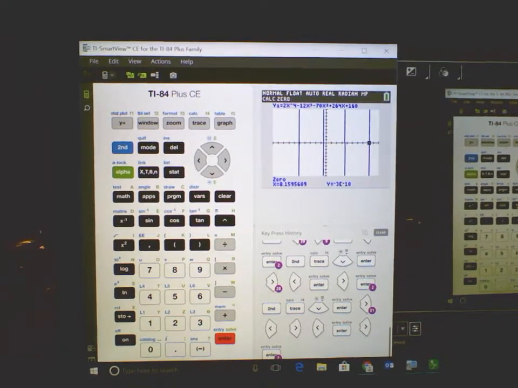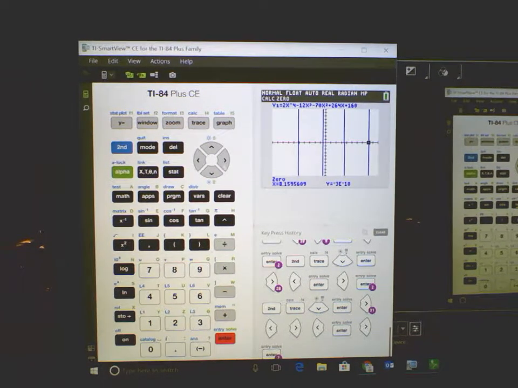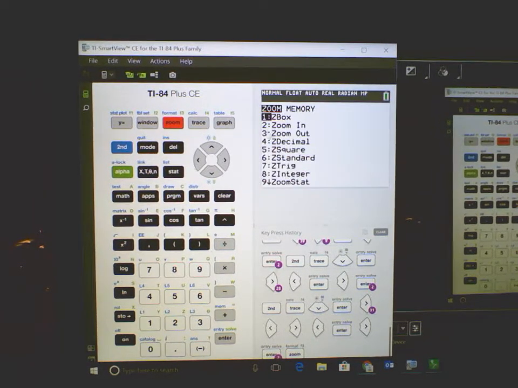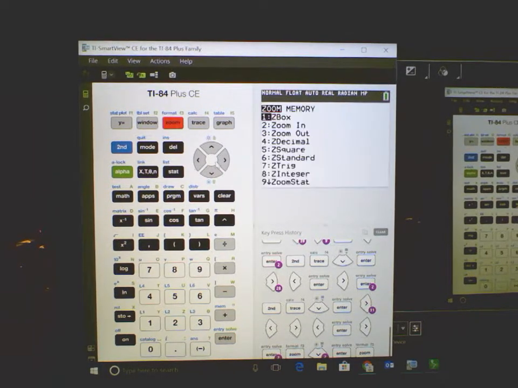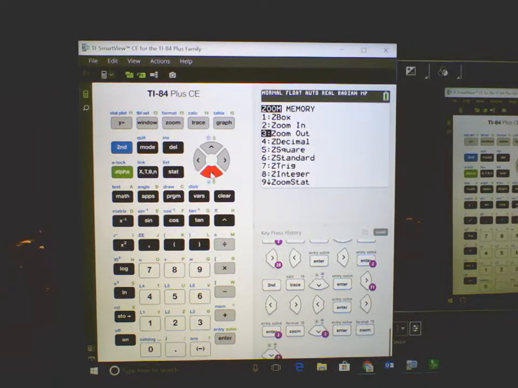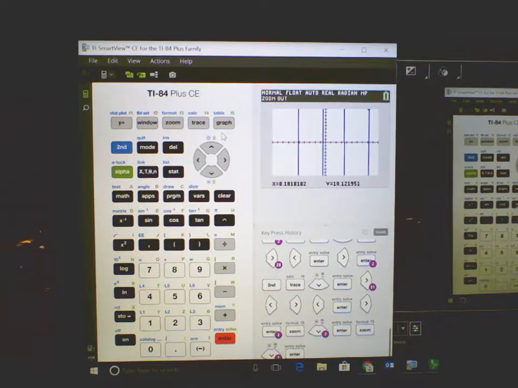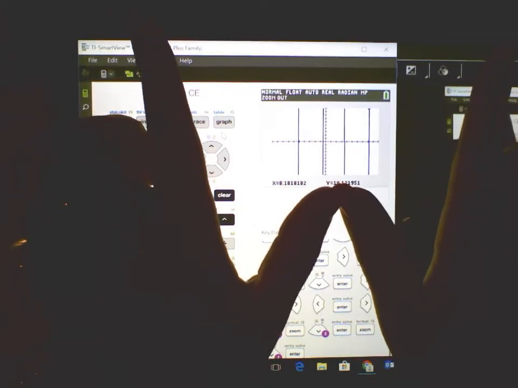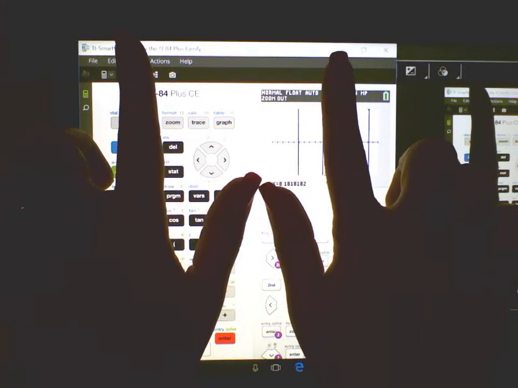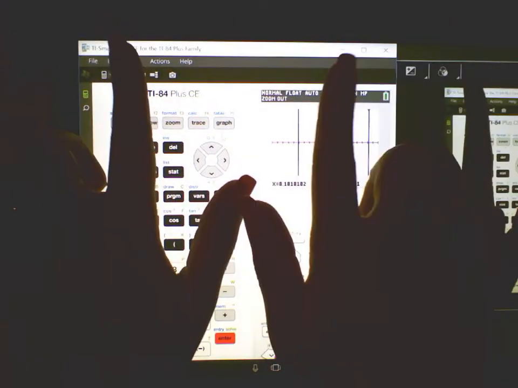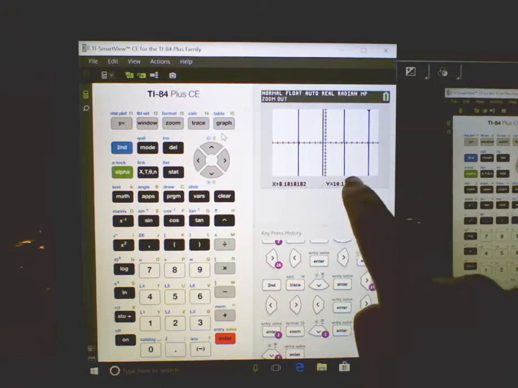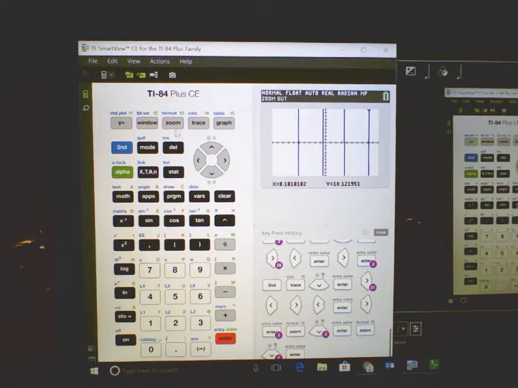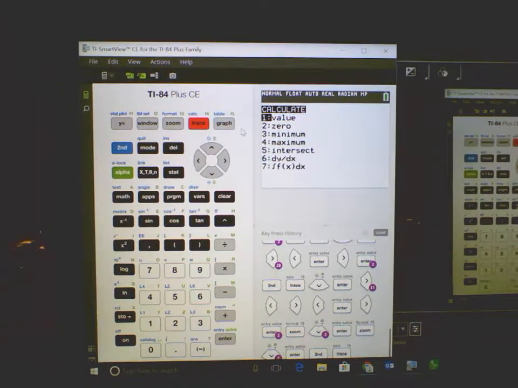It's going to ask us for the relative maximums and minimums, so we are going to need to zoom out in order to see those. We'll need to zoom out again. Actually, I'm going to zoom out, but even if you can't see it, if we know the general shape, going to look something like this, then I know that I'm going to have a minimum here, a maximum here, and a minimum here. So really what I could do is I could go second trace, I could go to minimum,